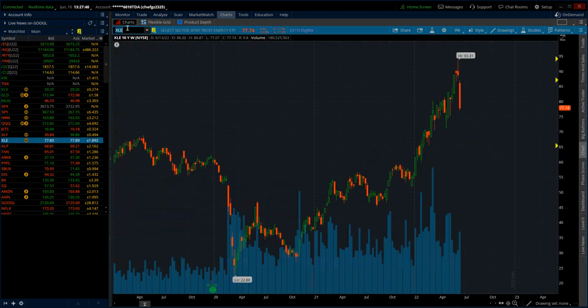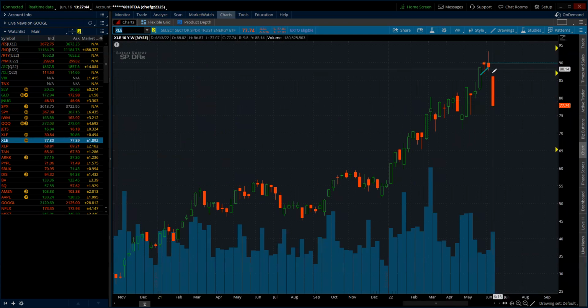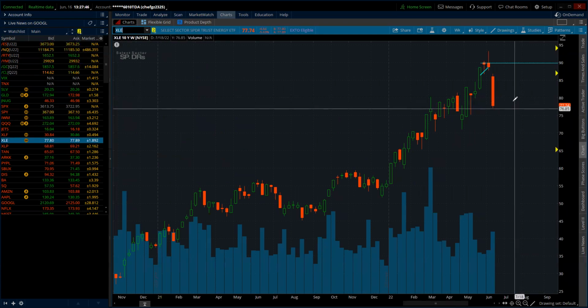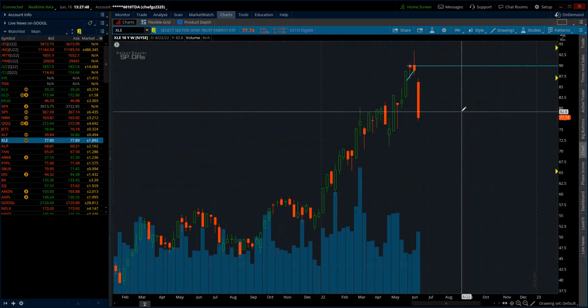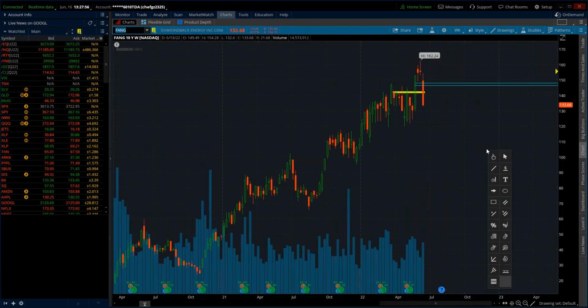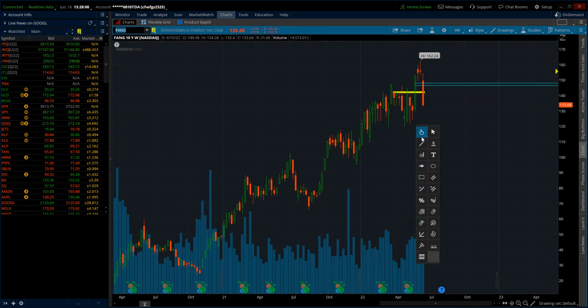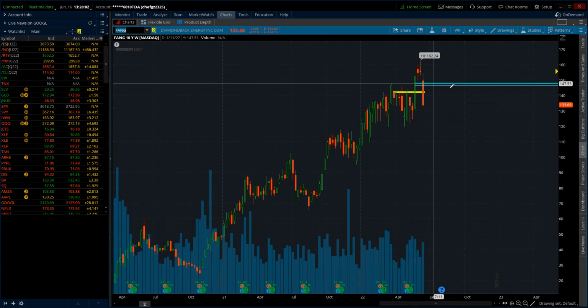As for energy, this thing is coming down as well. I had a nice gap down this week and then it just started trending down. So XLE, expect this one for sure. I think it's kind of done. The XLE, FANG is coming down as well. I think there's a good opportunity to short the energy sector. And I don't think there's a lot of value in these levels up here at all.